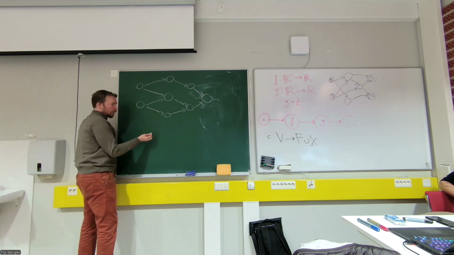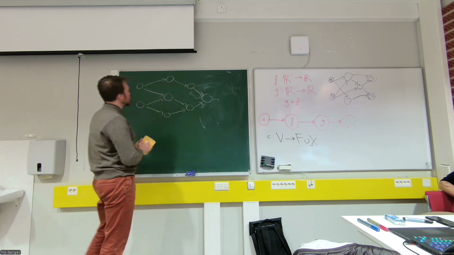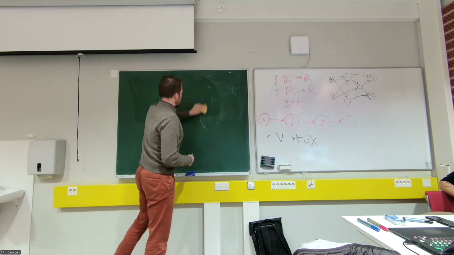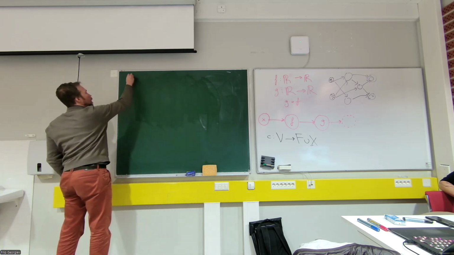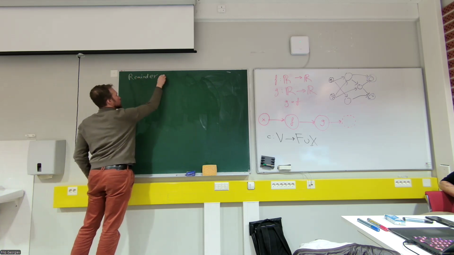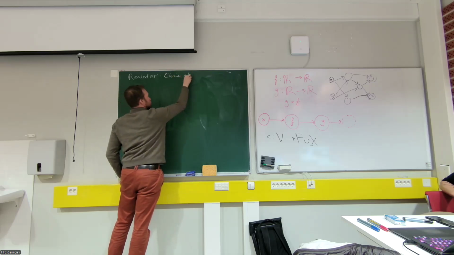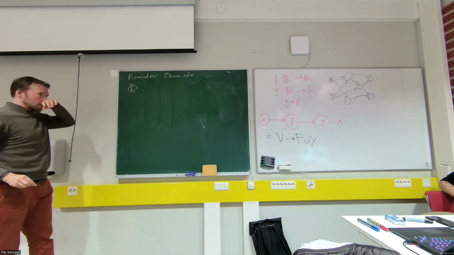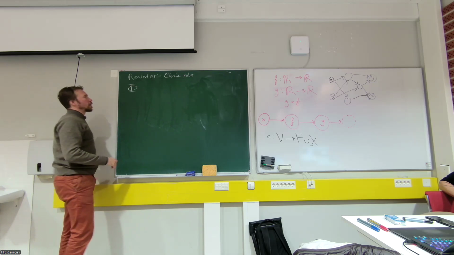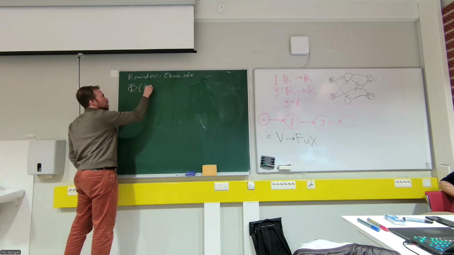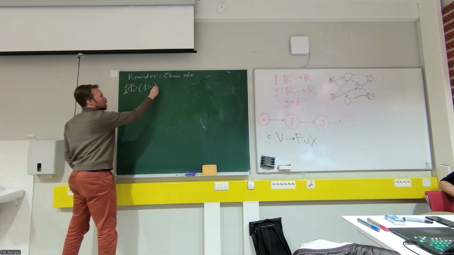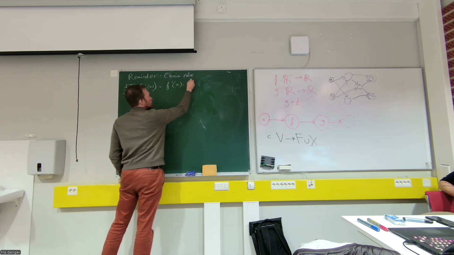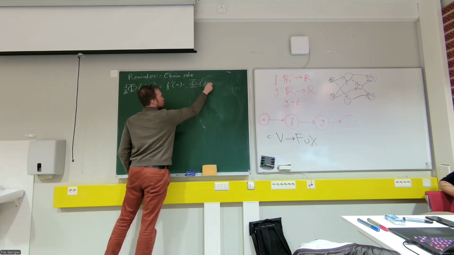So the idea is to use the chain rule. Let's remind ourselves what the chain rule is. I'm trying to think how I'm going to use these boards. Okay, so a reminder. I will always use the big phi because I denote the entire function given by the graph by phi. Suppose I have some function f inside of big phi, and I want to differentiate it with respect to x. Last time we already figured out that it's given by the derivative of f times the derivative of phi